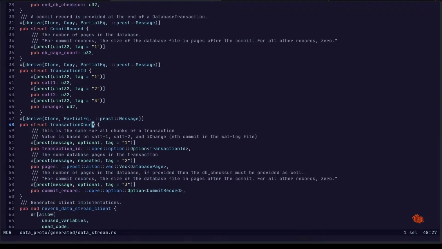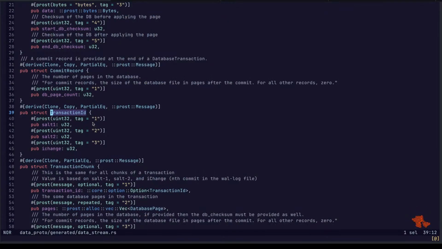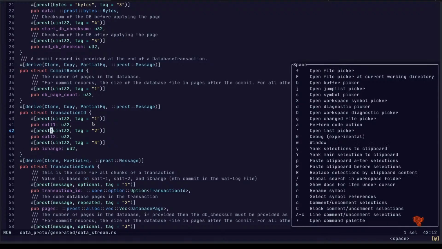Okay. All right. It's like the LSP finally caught up, or Helix had a buffer that I didn't close. I don't know which it was.